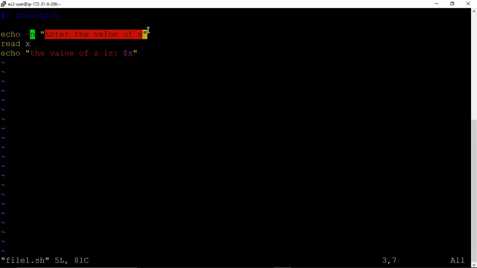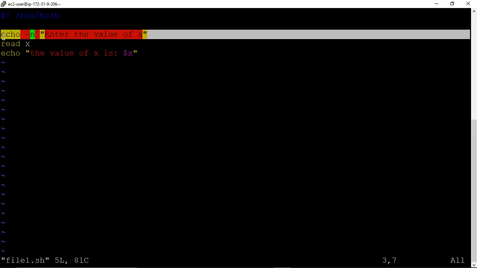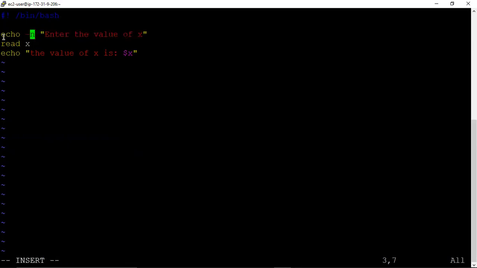Okay, students, now we have one more command. Suppose you do not want to write this sentence also, then we have one option for this. So suppose we delete this. See, this is our variable. Instead of writing echo, you can directly use read dash p.